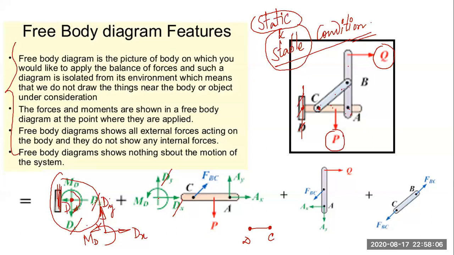Just reverse. If we assume at point D the moment is clockwise, we have to assume at point C the moment is anti-clockwise, so that the moment effect also can be reduced. Ultimately, in the link DC, there is no unbalanced force along x direction, no unbalanced force in y direction, and no moment either in clockwise or anti-clockwise direction.